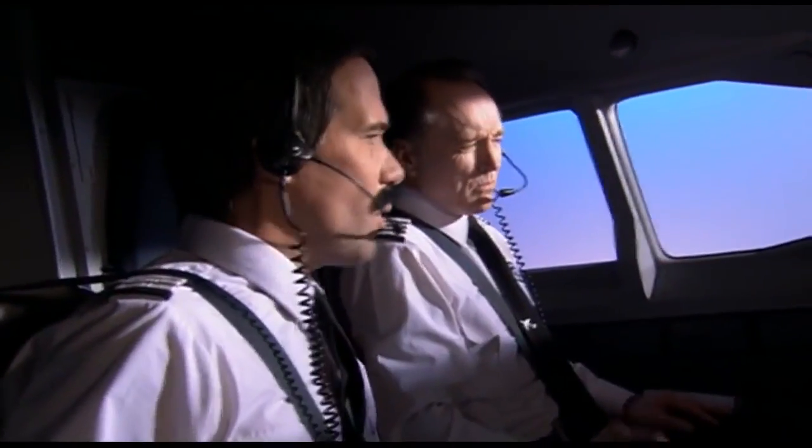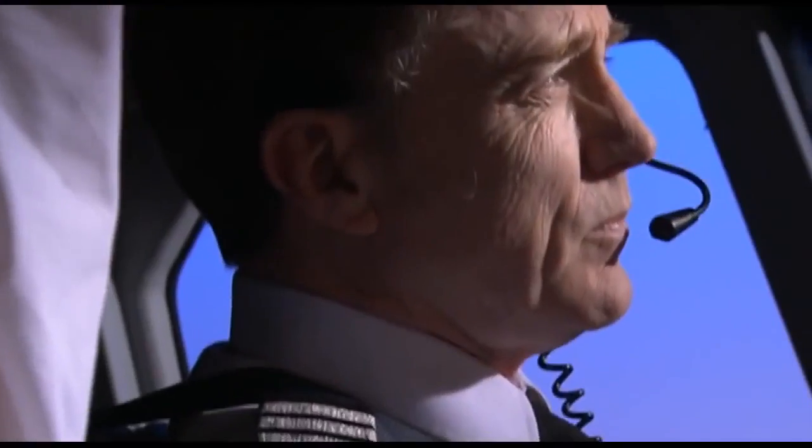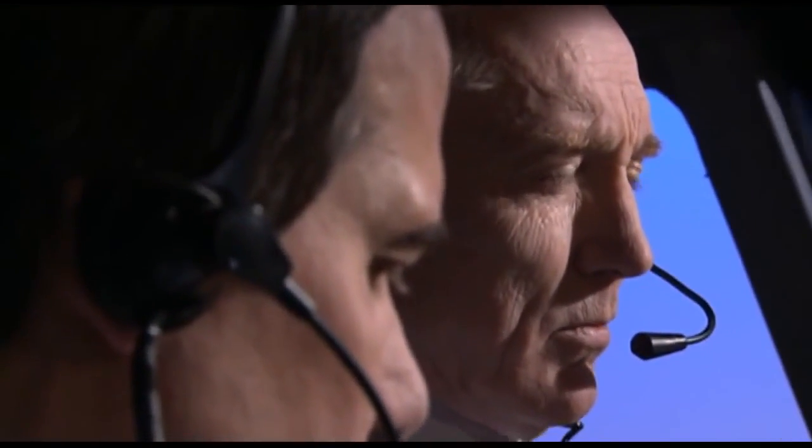The takeoff config warning? It's a non-pressurization warning, but it sounds identical to another alarm. The pilots confuse the two. It's a critical mistake. The alarm sounded, and that alarm was misinterpreted. Most of flight crew, they will never face an alarm with no pressurization in all their flight career because it's